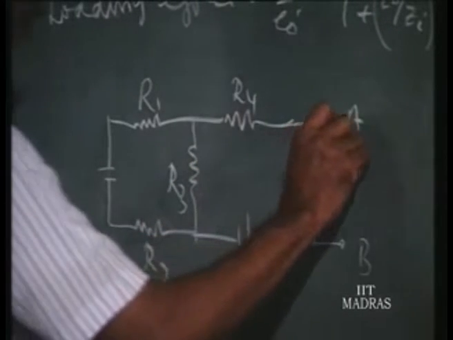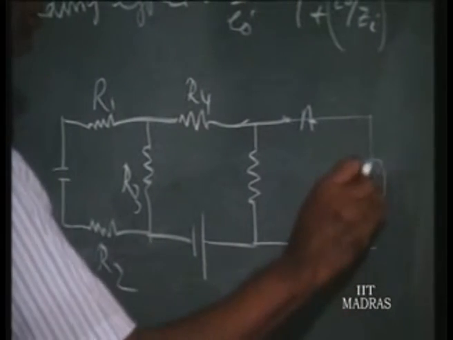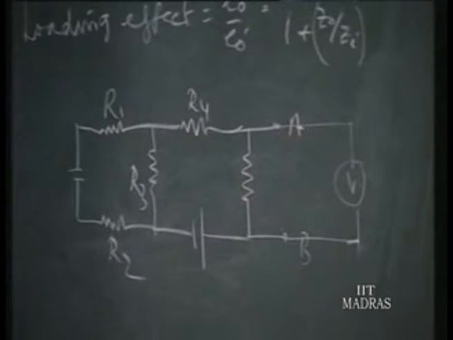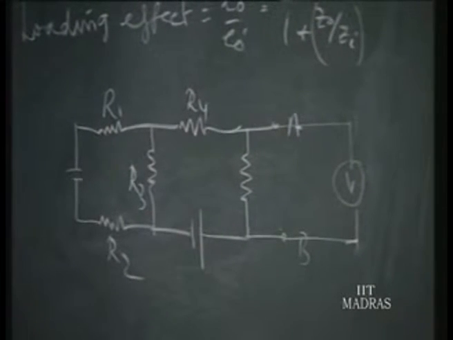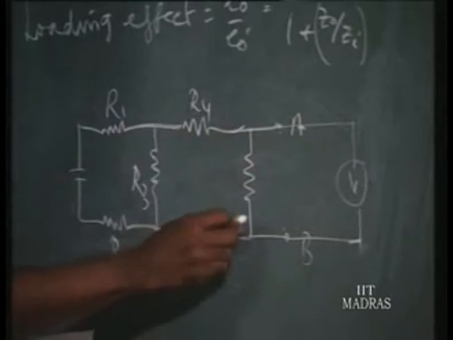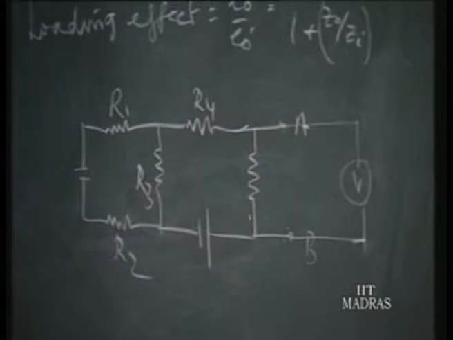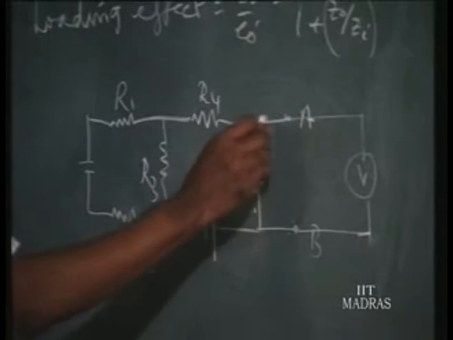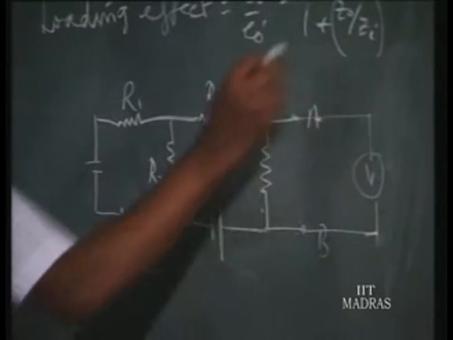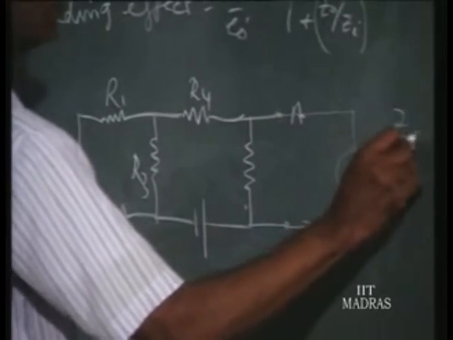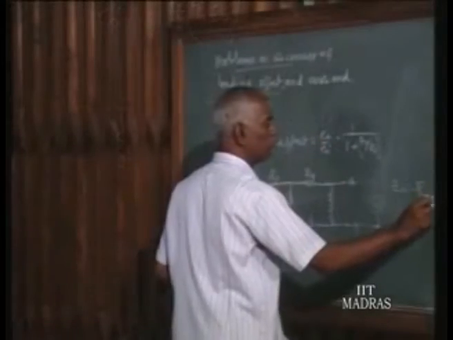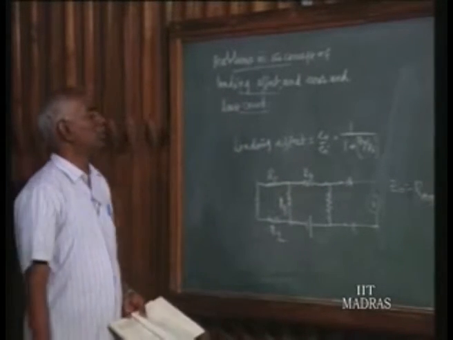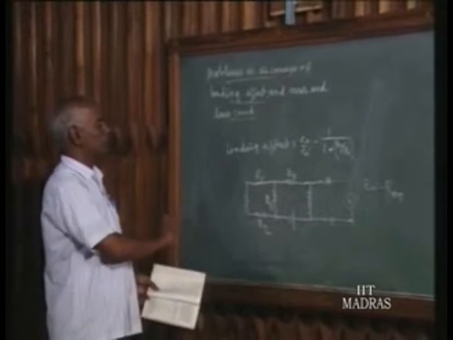Now, we want to connect a voltmeter, and what should be the resistance of this voltmeter, we have to find out. For this, unless we know the resistance of the circuit as reflected across AB, we cannot select the instrument. So, that is RAB, that is our ZO. ZO is equal to RAB. Here it is a purely resistive circuit. I have to see from AB what is the resistance of this. So, how to find out? That is what we are going to learn.